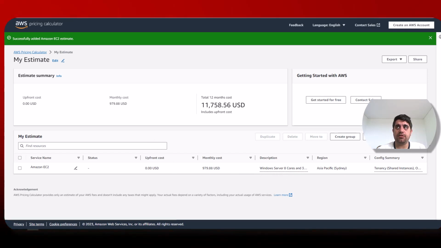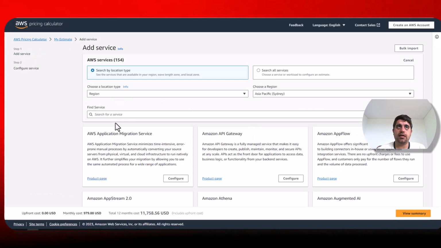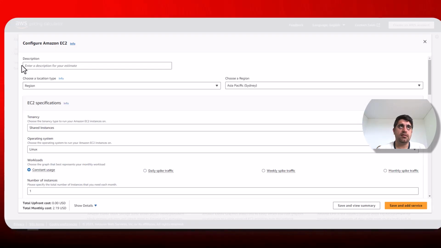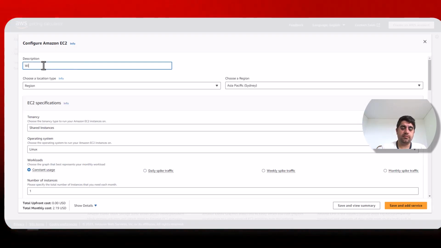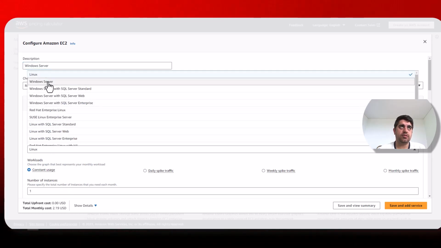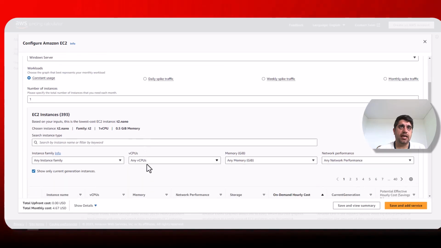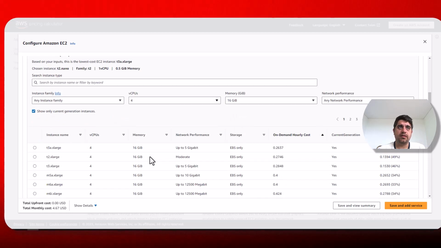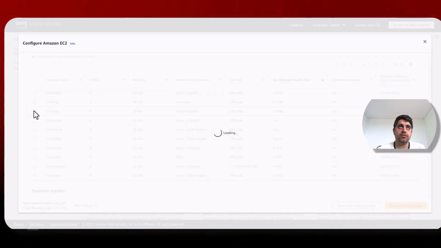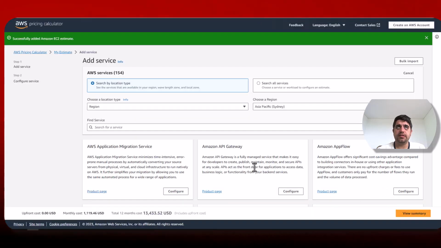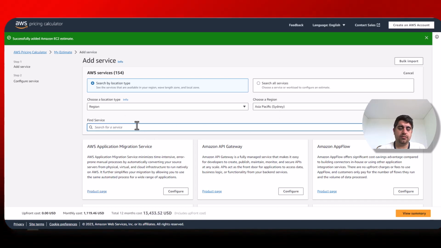So if I go to my second scenario where I say, okay, EC2 again, configure that. This time I'm going to go with a single Windows server, and this time I'm not going to install SQL Server on this one. And this time I'll go with 4 cores and 16 gigs of RAM, and choose the T3 X Large. I'm going to name this, save that, and now add another EC2,